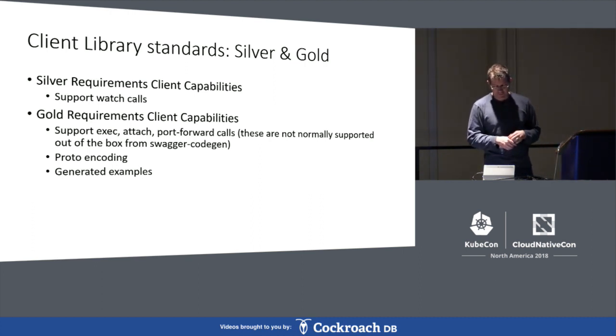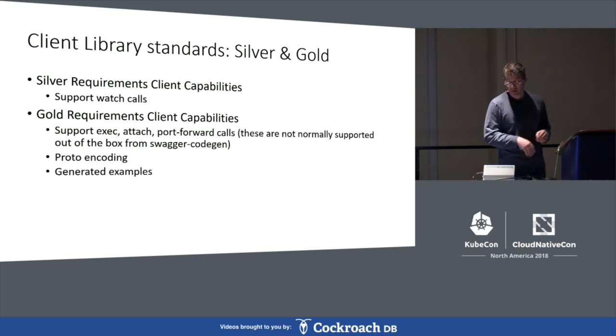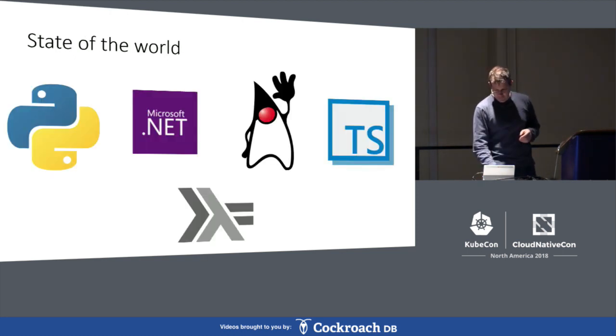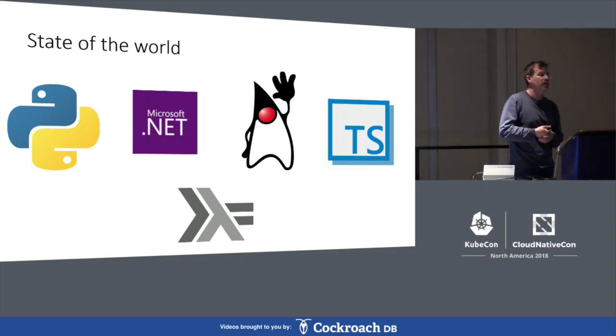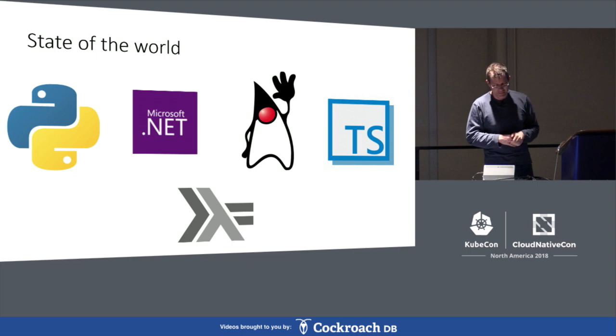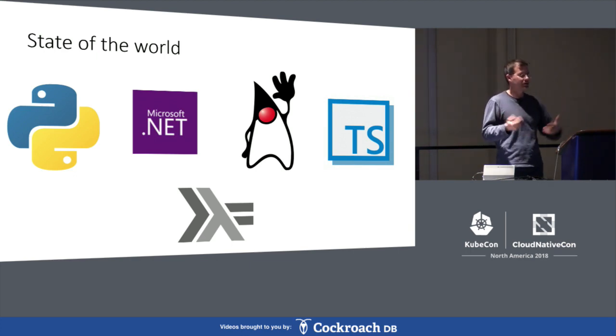And then finally, generated examples. So the state of the world here is that we have 5, is that 5? Yeah, we have 5 client libraries that are supported, 4 client libraries that are supported basically up to the gold level, except for the generated examples thing. None of them have done that for whatever reason. Actually, no, it's because it's kind of annoying to do it, and nobody's bothered. But if you're looking for a starter project,